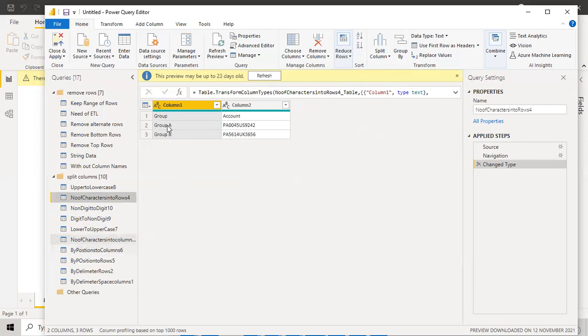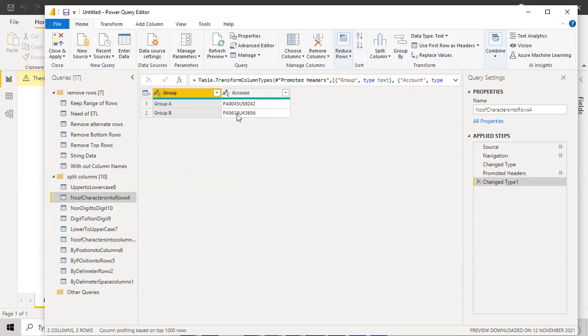Use first rows as headers and then just simple things first. After that, I'll tell you how it looks. I do have state and then